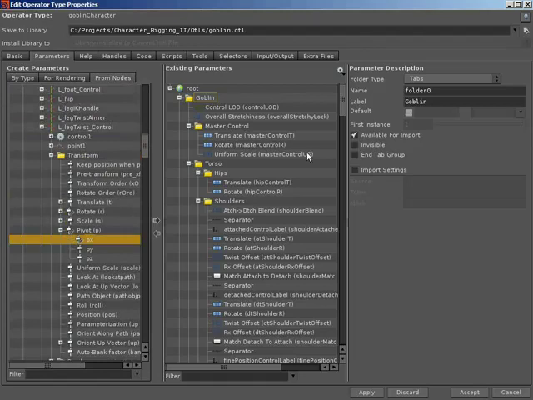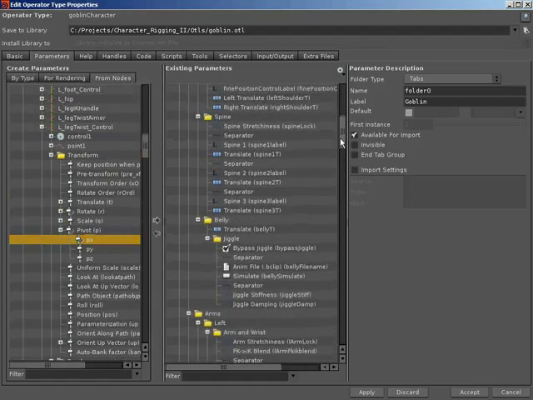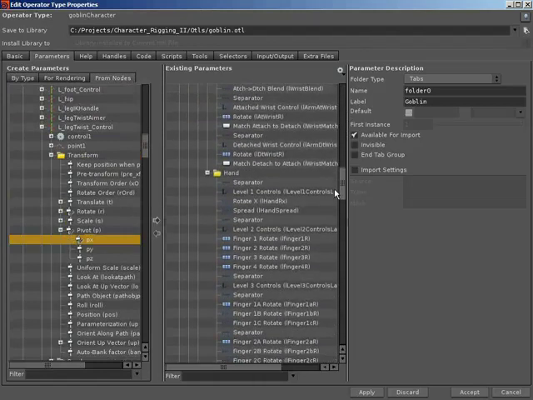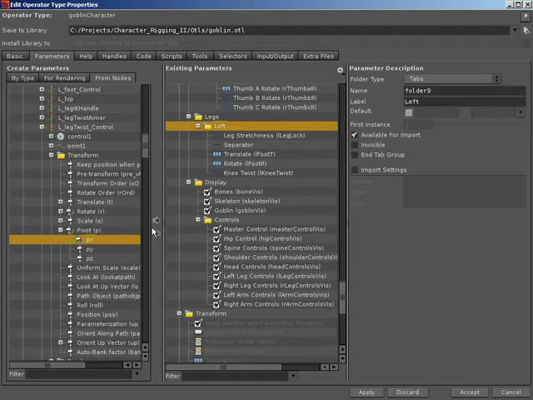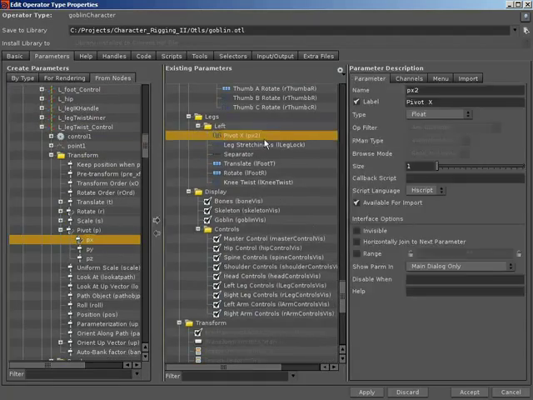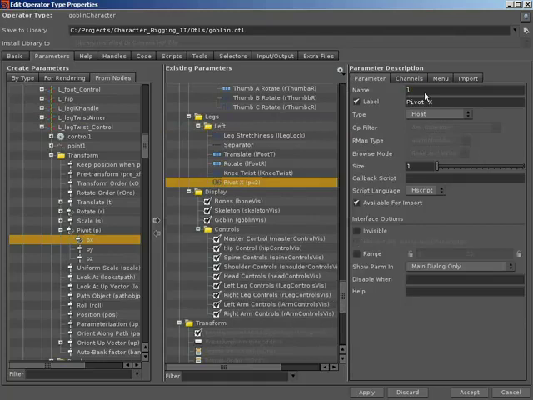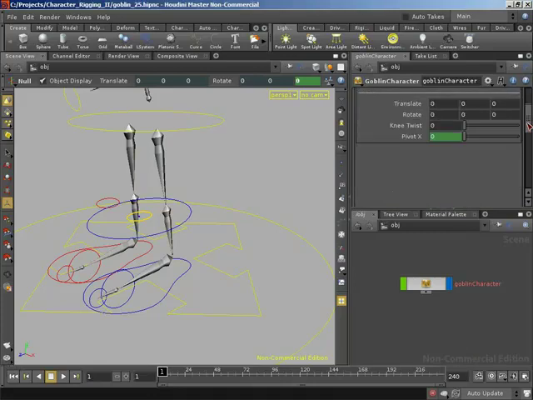Don't quite know why I was thinking Y a second ago. So let's go ahead and promote up into our left leg the pivot X for that control. I will rename this to L leg twist PX for its pivot X. Now if I accept this, leaving it visible for the time being, and OK,